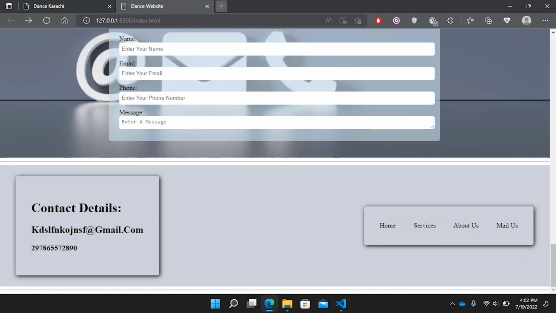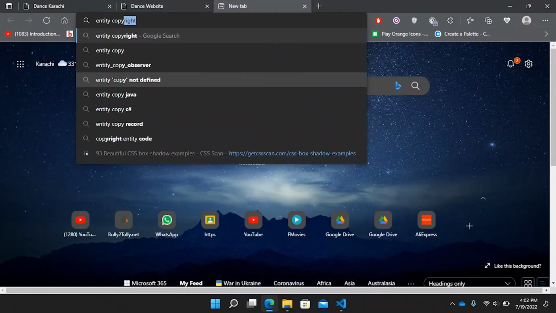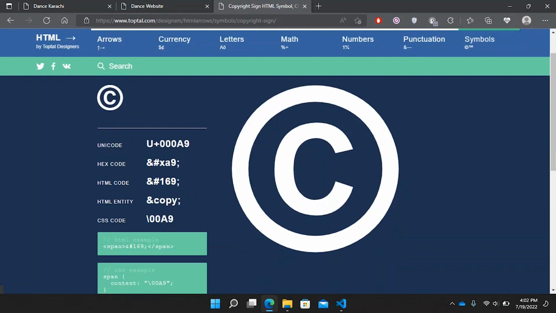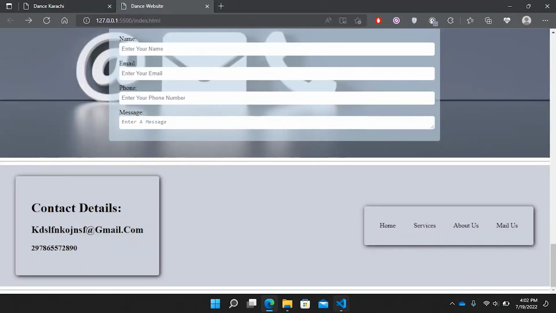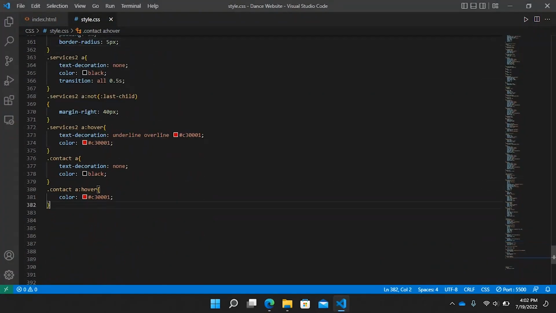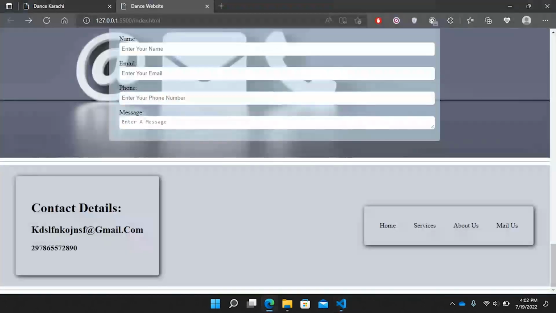For making a copyright symbol, you should find an entity of copyright. Let me see, entity for copyright. Here it is. I will come here. Okay, so I have to go in the HTML file, right? I want to copy